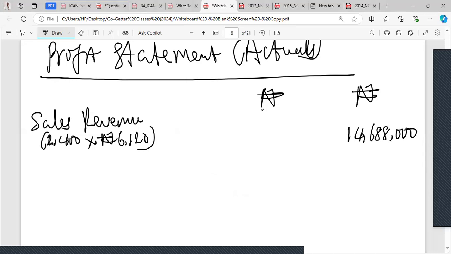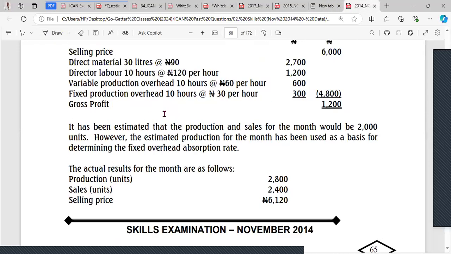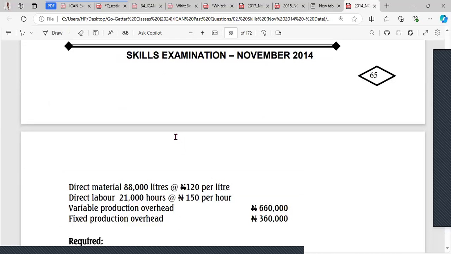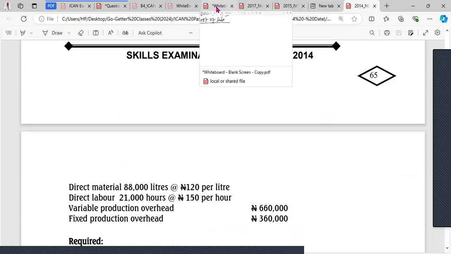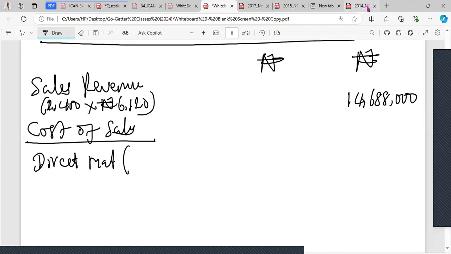All right. So we want to get our cost of sales. We don't have any opening stock. So what we only have is production. Production. We have direct material. Let's look at it. Direct material happens to be